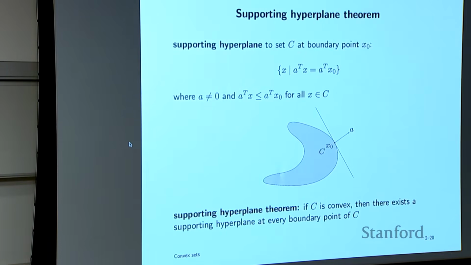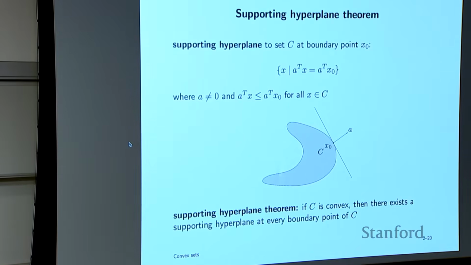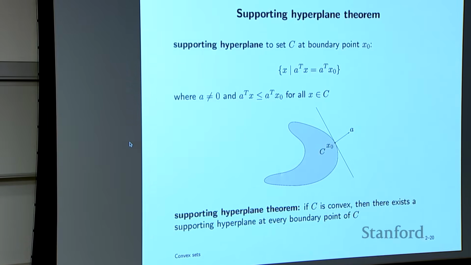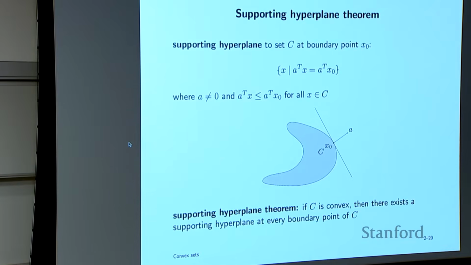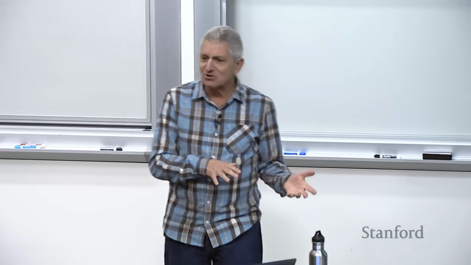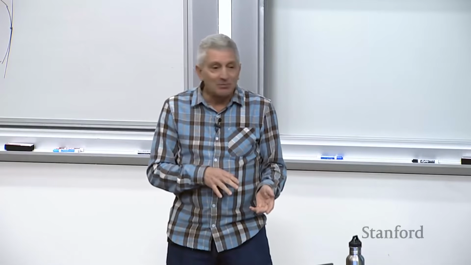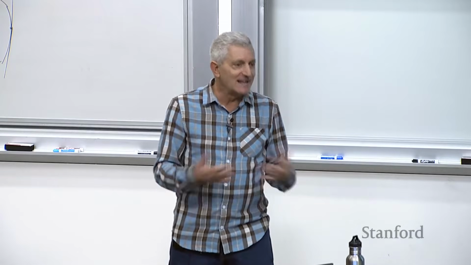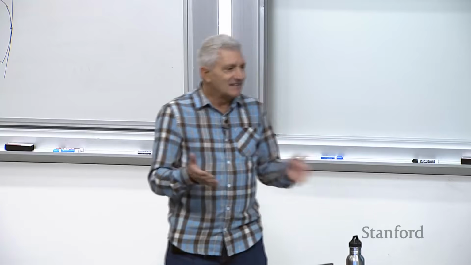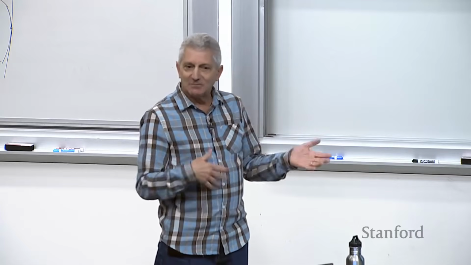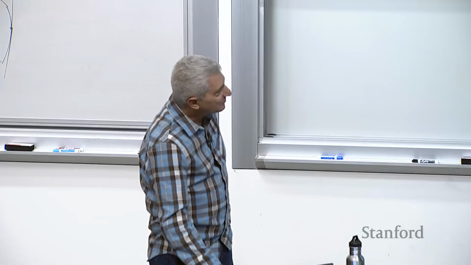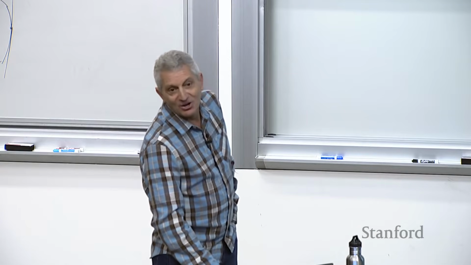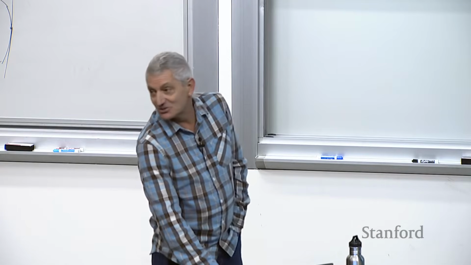There's no hyperplane at that point that supports it at that point and has the set on one side of it, right? But by the way, the converse is also true. If a set has a supporting hyperplane at every point of its boundary, then it's convex. But again, if you care about these things, that's fine. But a lot of it is just, I think you should think of this intuitively. And these things are just going to come up over and over in applications, which will be really cool.